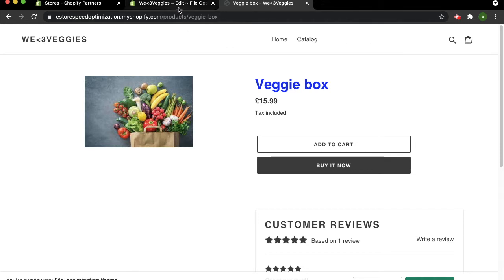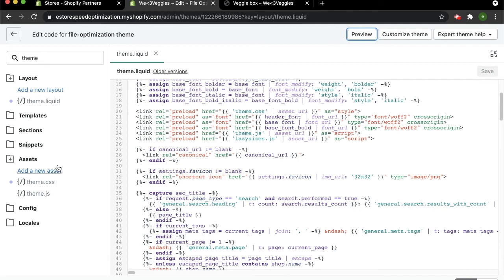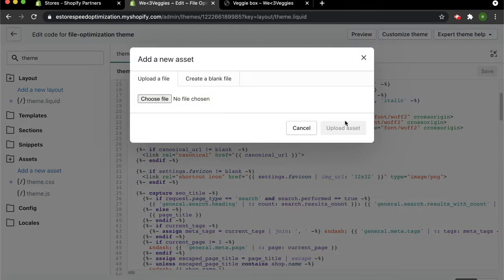So unfortunately, Shopify has set its theme files in such a way where it has one big file for everything. So you have a theme.css file, and it has all the CSS for the whole website, and that loads on every page, on the product page and the collection page and the home page. And that means your collection page and home page CSS has been loading onto your product page, which is quite inefficient. So ideally, when you first set up your theme, you should create a product.css file and a collection.css file,